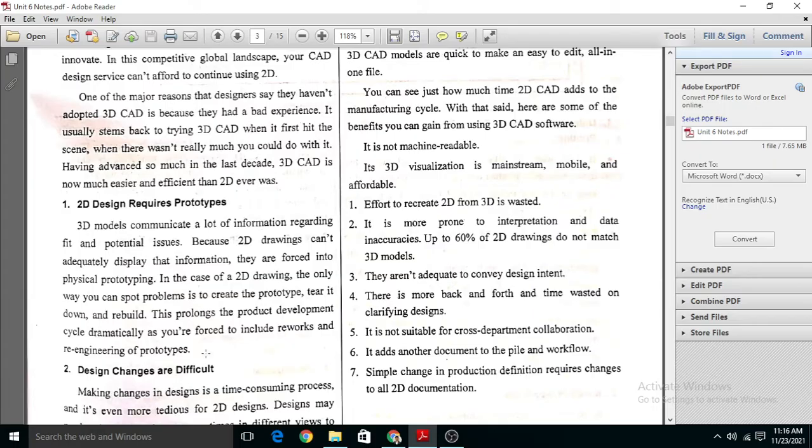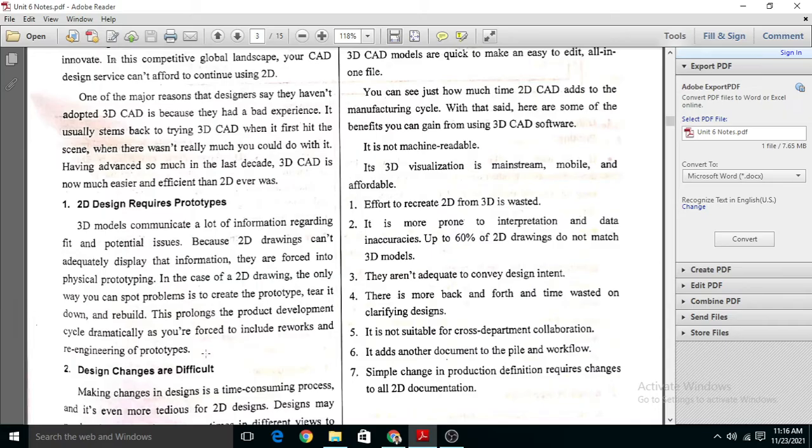Means if we make a design or drawing of any assembly or any model in 2D, then to understand the drawing, we require a 3D prototype. What is meant by prototype? A prototype is a small representative model which represents the whole assembly.